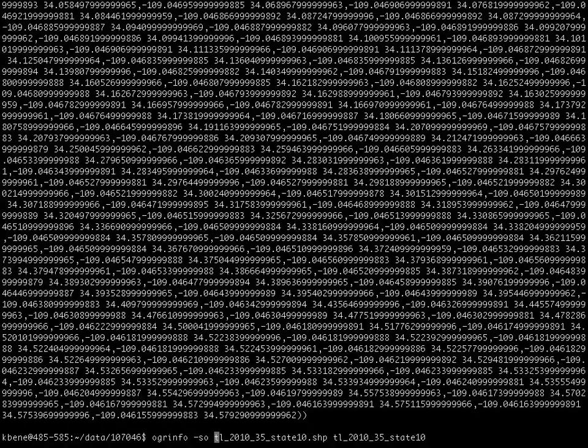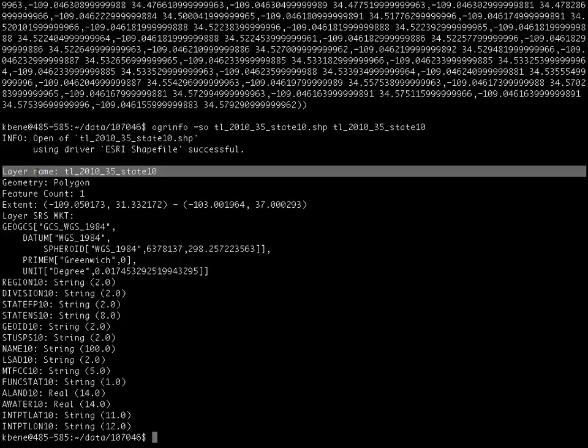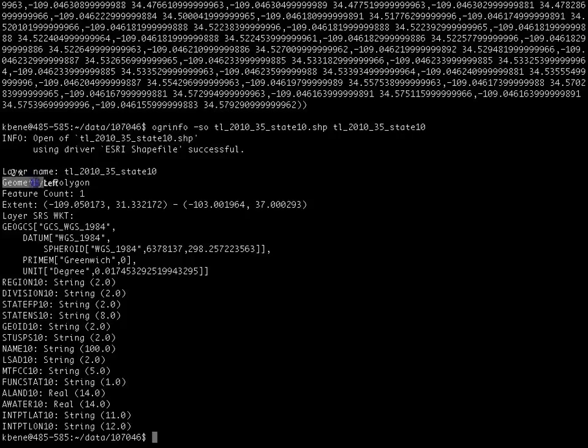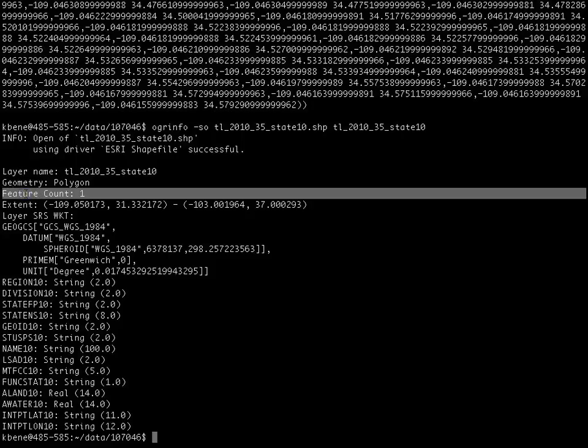And I can hit return now, and I then see only the summary information about the data set, including the specific format that the OGR info determined the file was, the name of the layer, the type of geometry, the number of features,